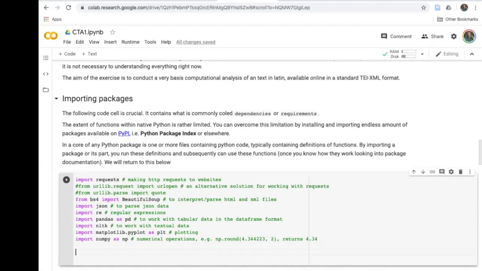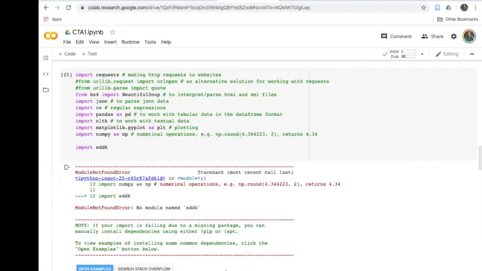For instance, when I run this, it might happen quite easily. It returns me an error message that the module or the package is not found, ModuleNotFoundError: No module named DDK. If you see something like this, for instance, no module named NLTK or something like that,